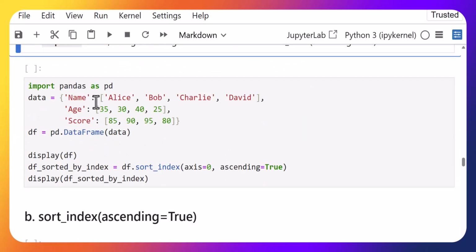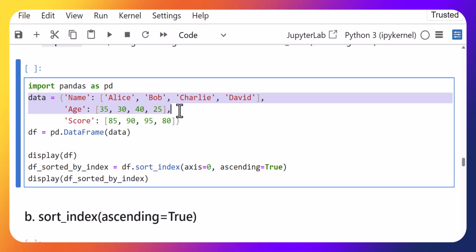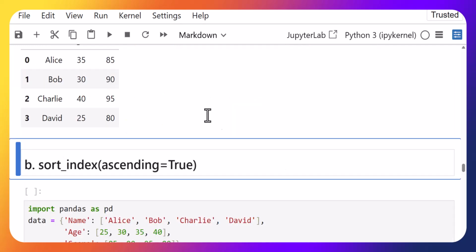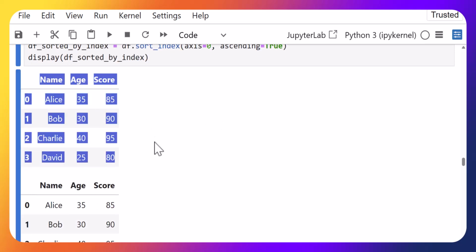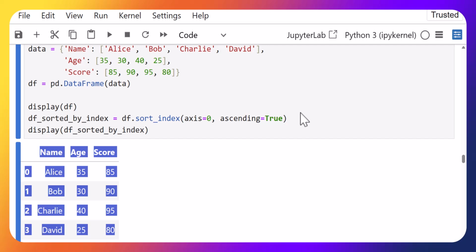Anyhow, this is again the same dummy data in which we have name, age, and score as keys in the dictionary, and then they also have the corresponding values. So we have incorporated this original data into the data frames. After incorporating, we can see that this is the original data. Okay, so now what we are doing is that